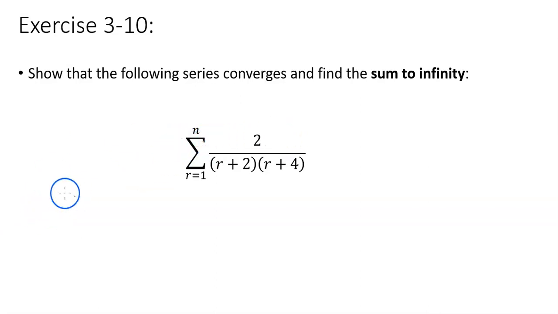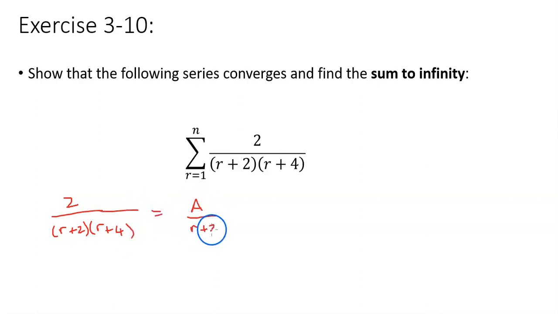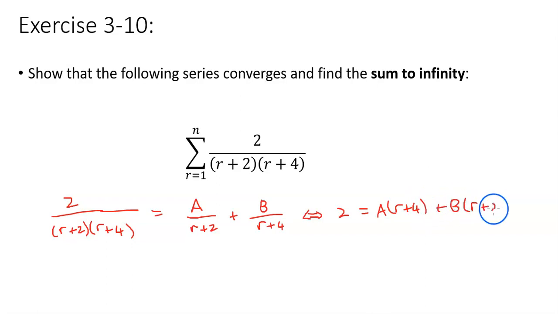So let's take care of this. 2 divided by (r+2)(r+4) is equal to a divided by (r+2) plus b divided by (r+4) if and only if 2 is equal to a(r+4) plus b(r+2), which does imply that 2